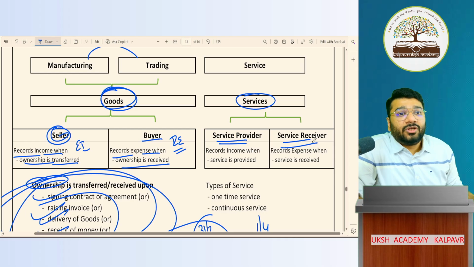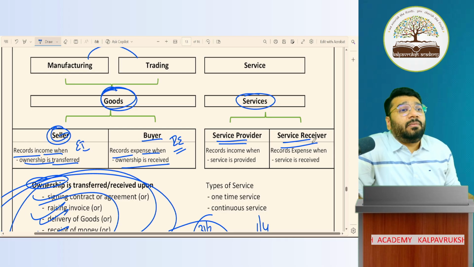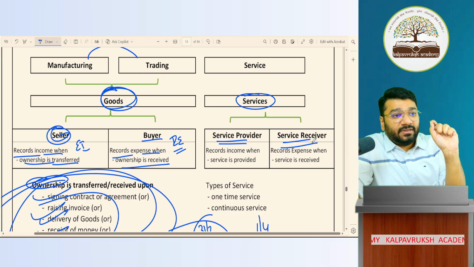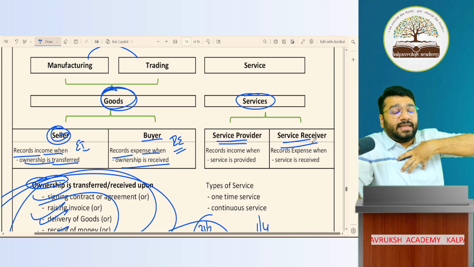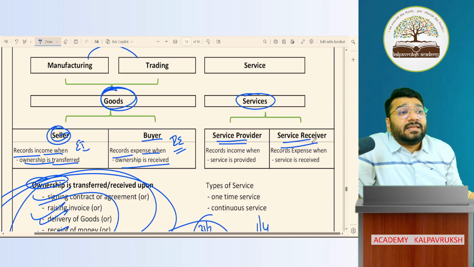Correct. So in the case of services, we record the income when the services are completed. Service completion is the triggering point: income is earned by the service provider and expenses are incurred by the service receiver. For example,